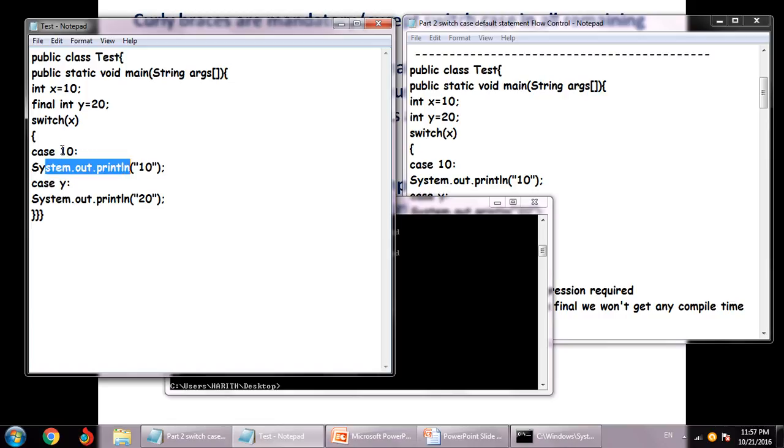As soon as it matches with any case, from that moment onward, it will execute each and every statement inside the cases up to the default statement. Once the default statement is over, the program execution will come out of the switch. So that's why when it matches with 10, it's going to print everything from that point onwards. So 10 is printed onto the screen, and although case y is not matching, it's going to print 20 as well. Each and every case will be executed from the point where